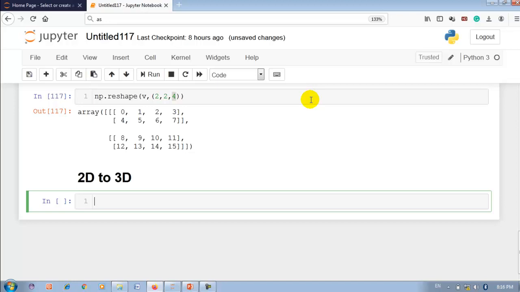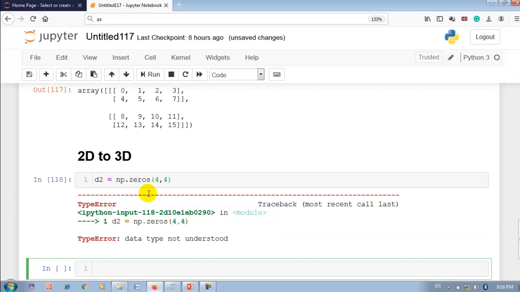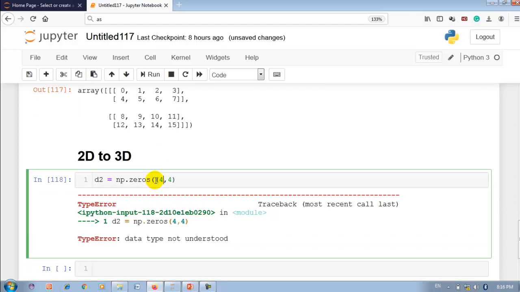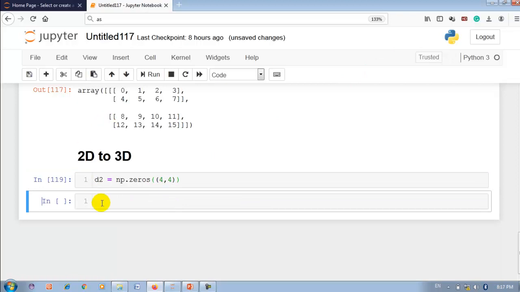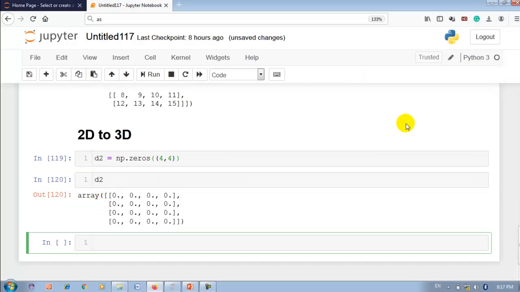This time let me create a 2D array using NumPy's zeros function, np.zeros. As you know, we have to pass a tuple. Now here you can see the 2D array.